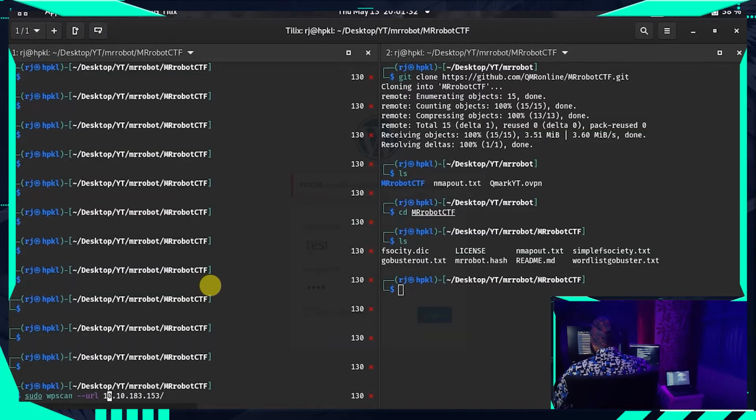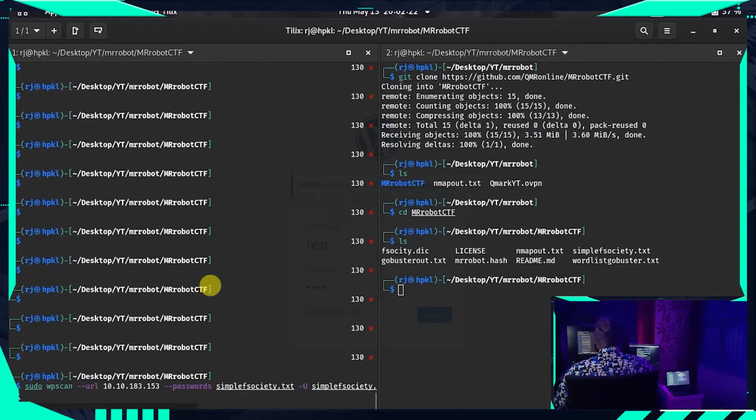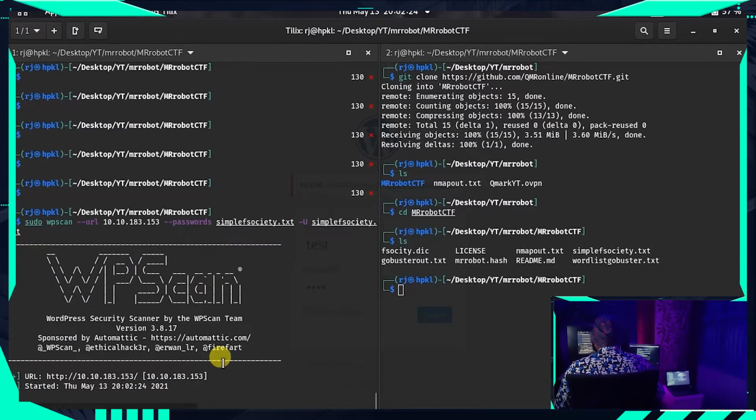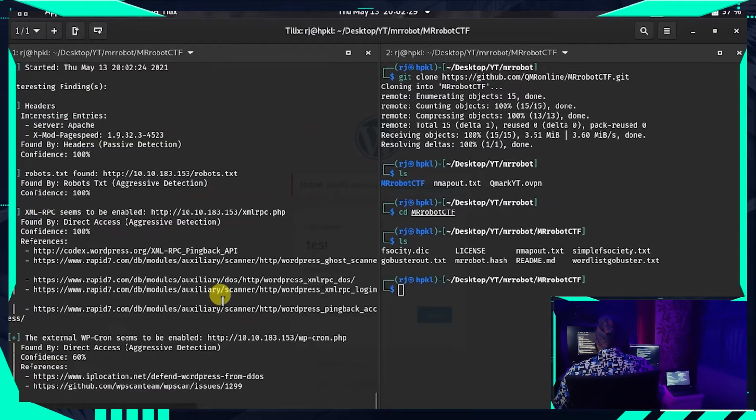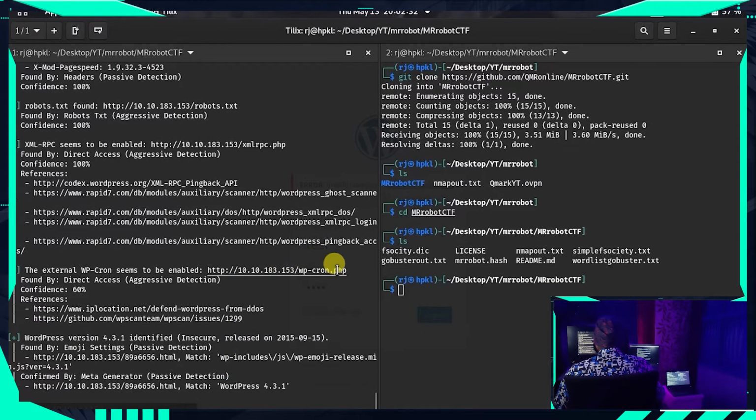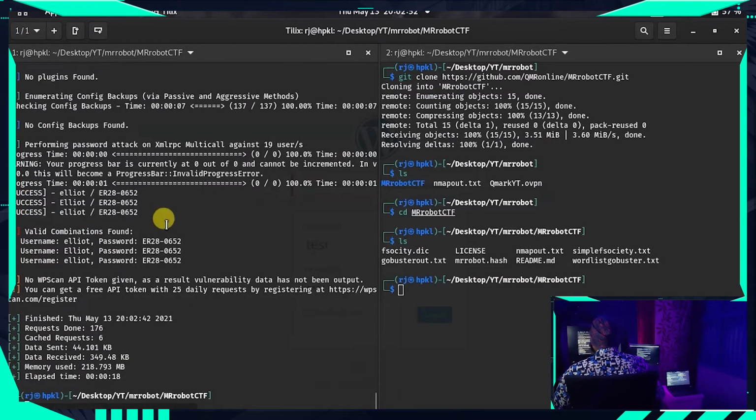Copy paste the IP address and specify the password list, use the simple fsociety.txt file, and for user use the same fsociety.txt and hit enter. So now the WPScan starts. Give it a moment. There we go, we got a successful penetration, we got the username and password.